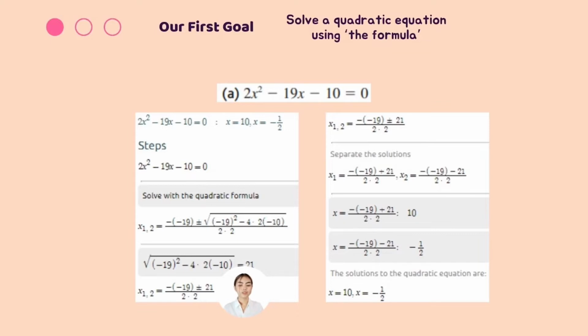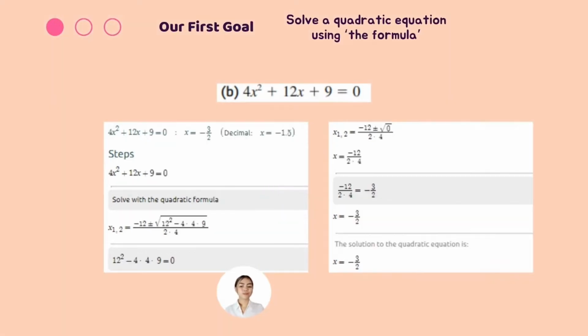So we're going to have to separate the solutions, where negative 19 plus 21 divided by 2 times 2, and negative 19 minus 21 divided by 2 times 2. So our first x is equal to 10, and our second x is equal to negative 1/2. So this is the answer to our problem letter A. So let us proceed with our problem B, where the given equation is 4x squared plus 12x plus 9 is